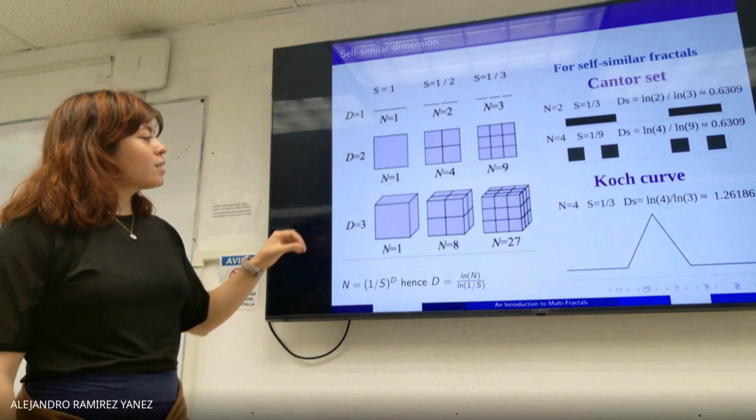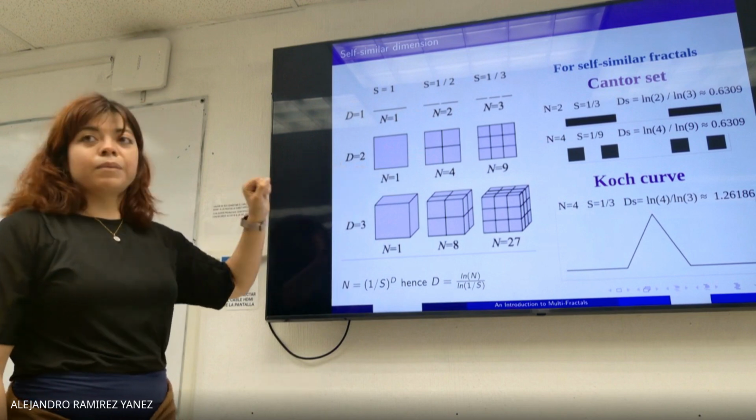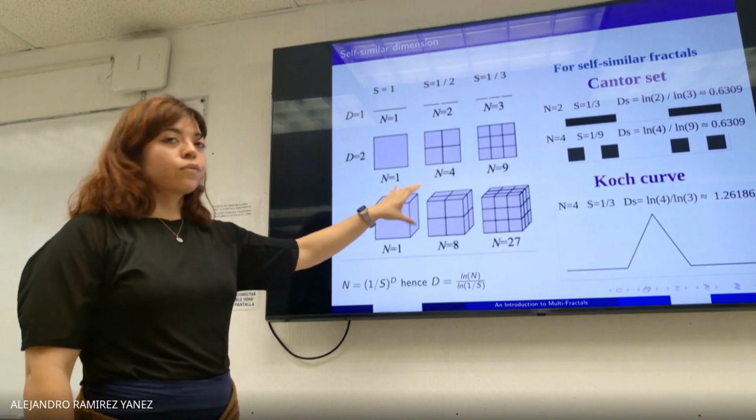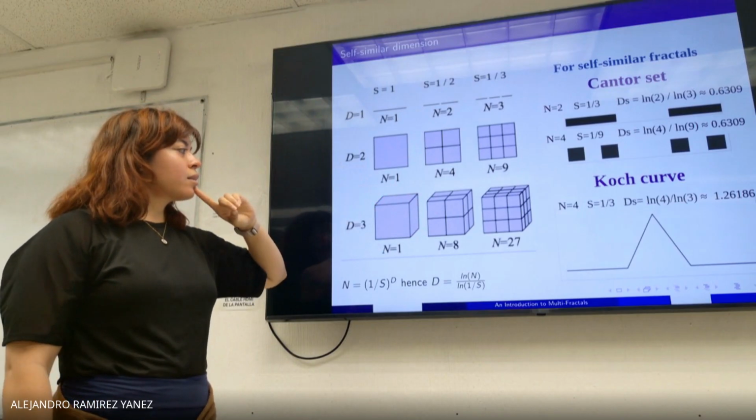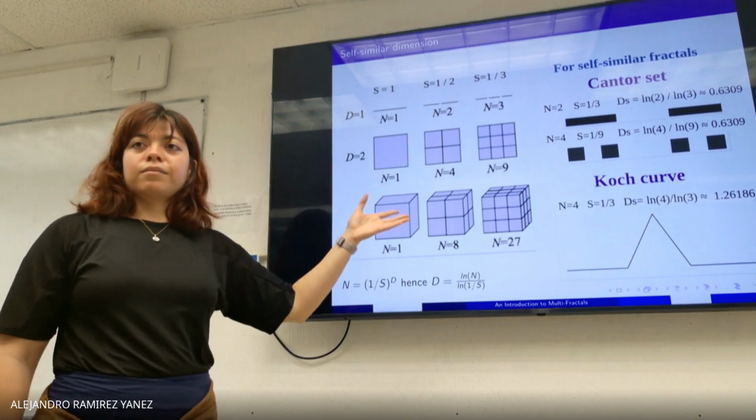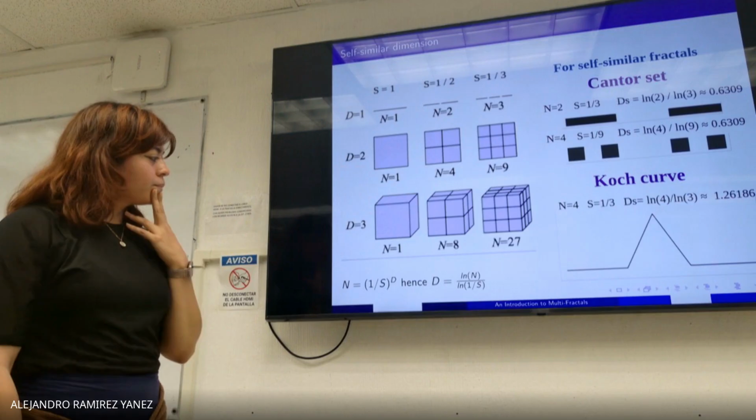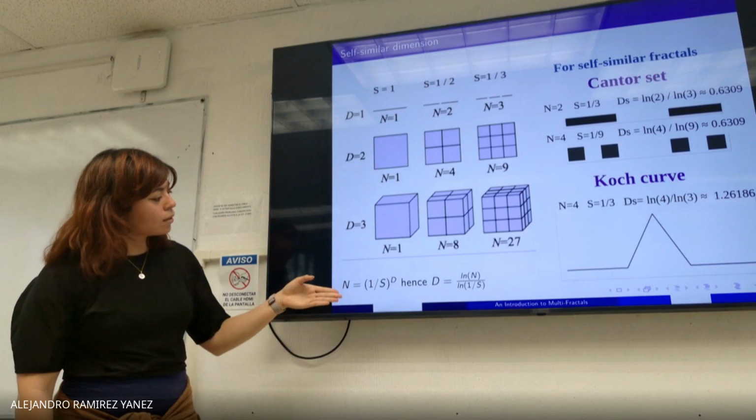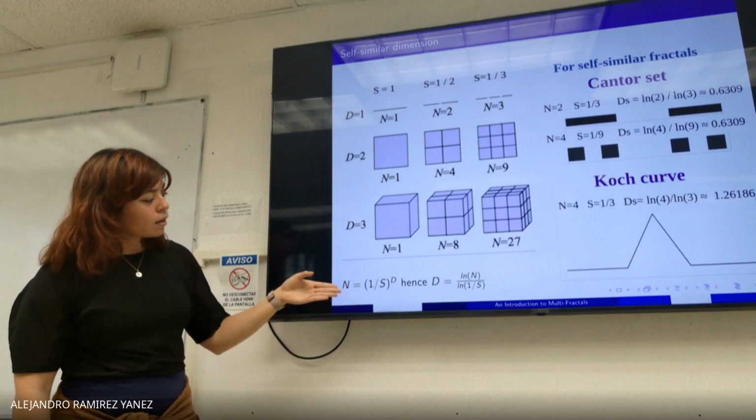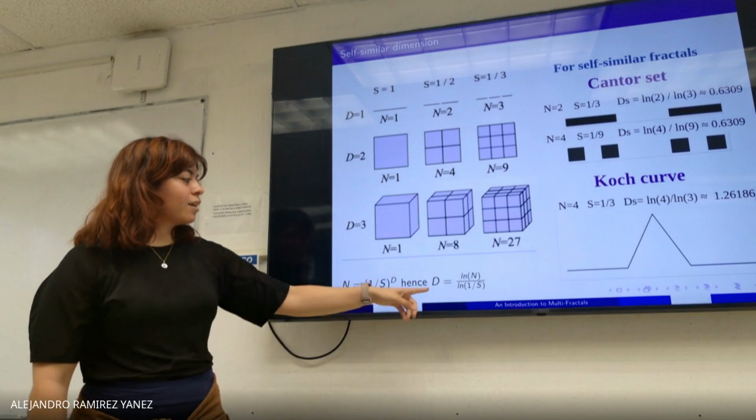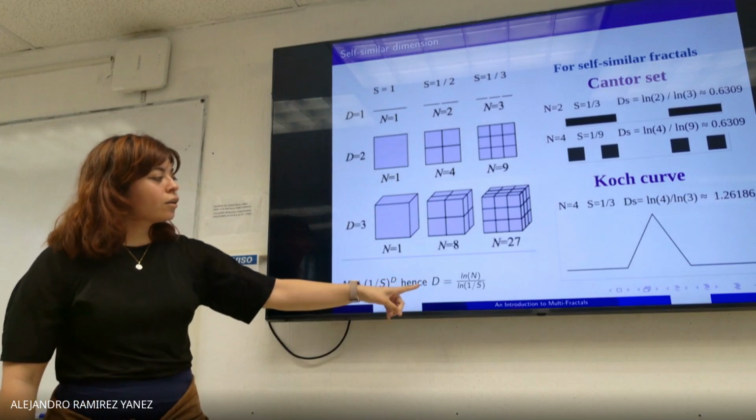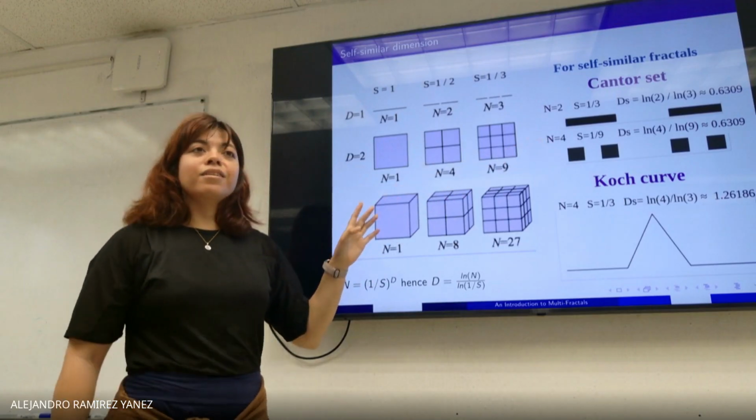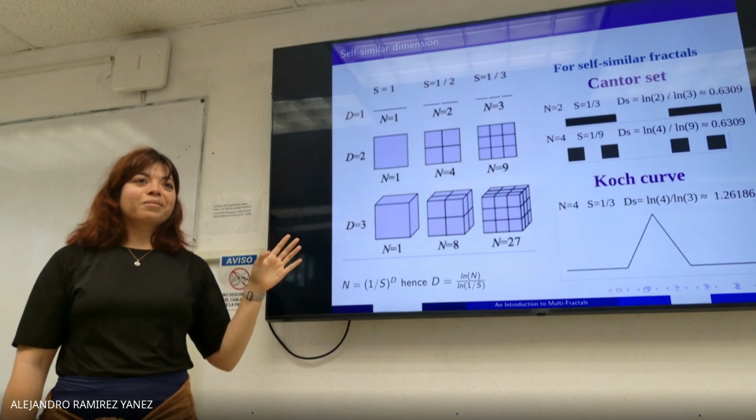So this is an example of self-similarity. You have a cube made of cubes, but this is not a fractal. Now, from this relation, we can get D and use this for the case when we have fractals. This is clear because